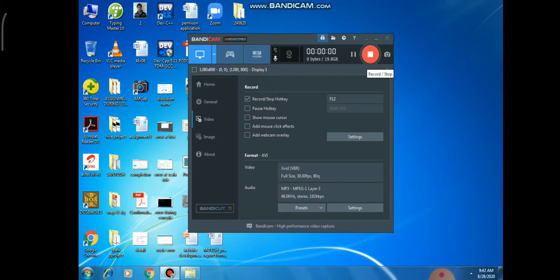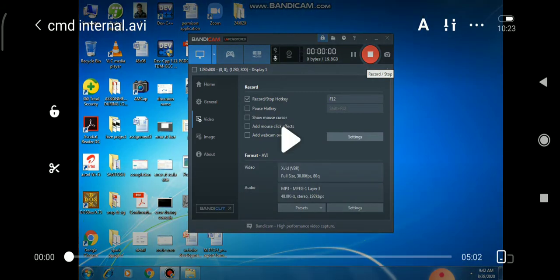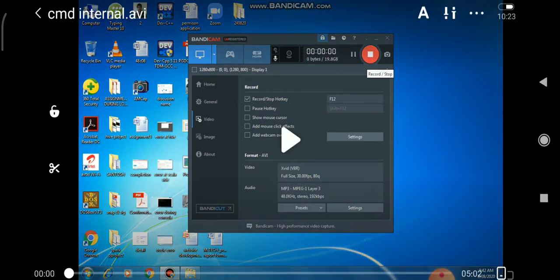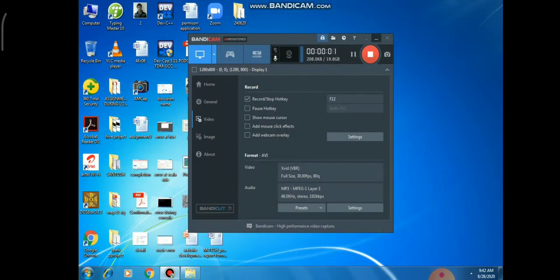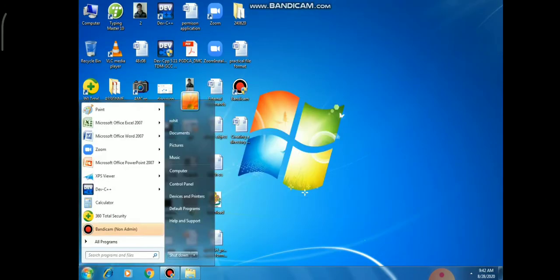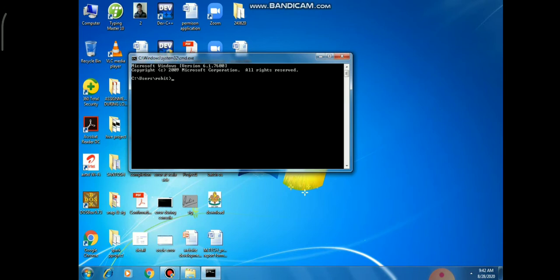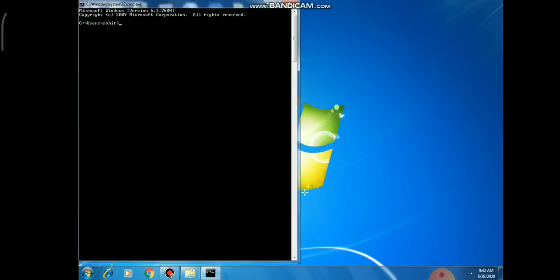So dear students, before we cover our commands, first of all you should have an idea of how to open a DOS prompt. So what are the ways to open a DOS prompt? To open a DOS prompt, first click on the start button, then in the search menu type CMD. When you type CMD you can see the command prompt option here. After clicking on it, the command prompt will open. This is the first way to open a command prompt.